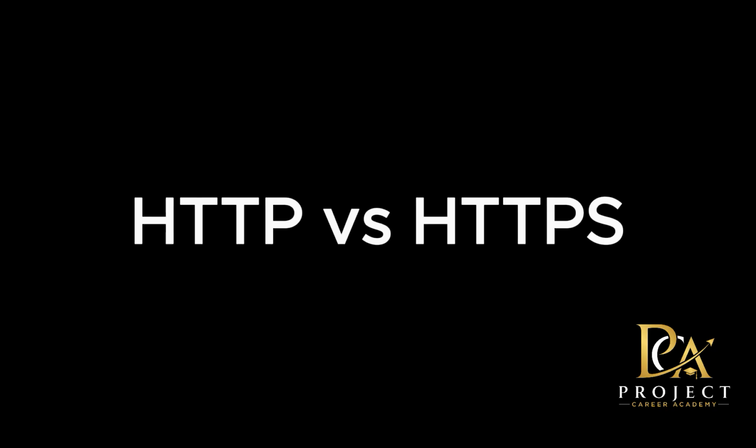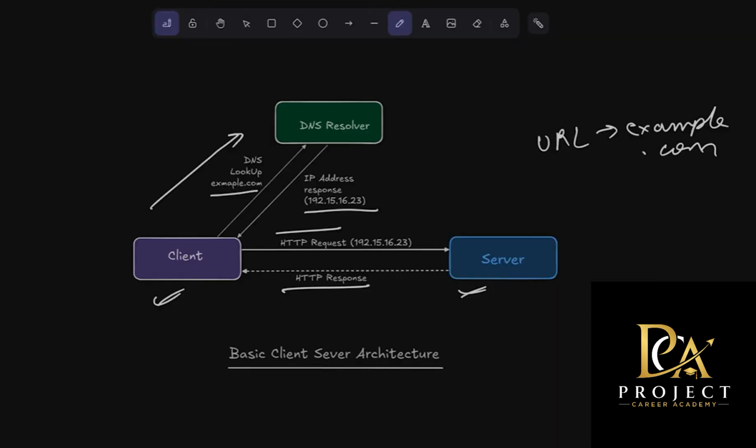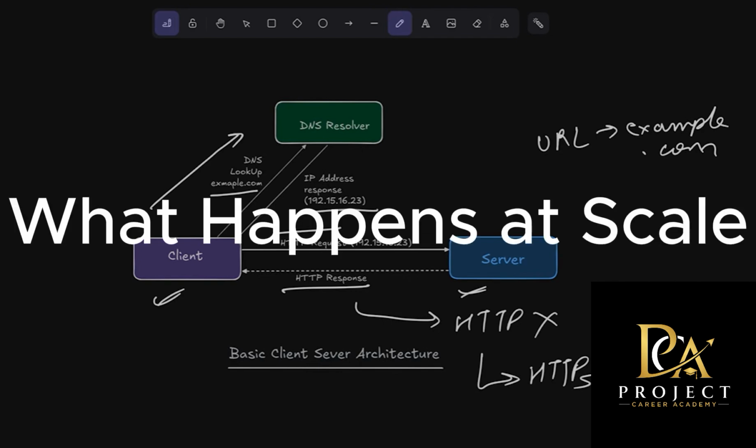The request-response pattern we studied is called HTTP, Hypertext Transfer Protocol. But it is important to note that in modern applications, we do not use plain HTTP. Instead, we use something called HTTPS, because HTTPS encrypts communication between the client and the server, thereby making the connection secure. So whenever users log in, make payments, or exchange sensitive information, HTTPS protects the data during transmission.